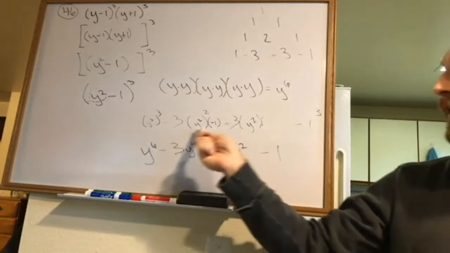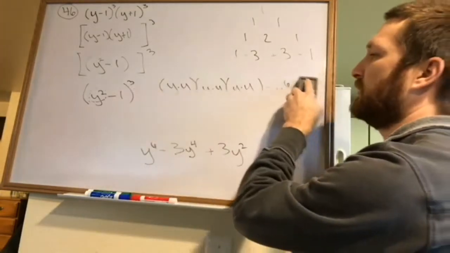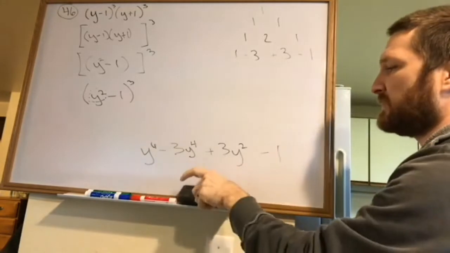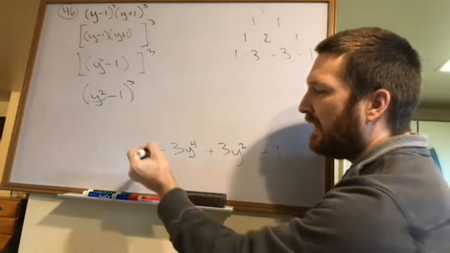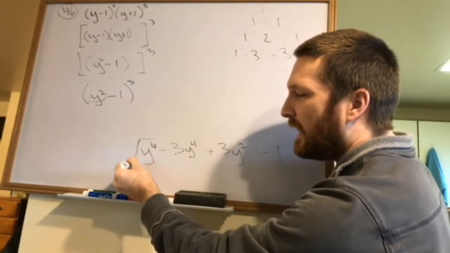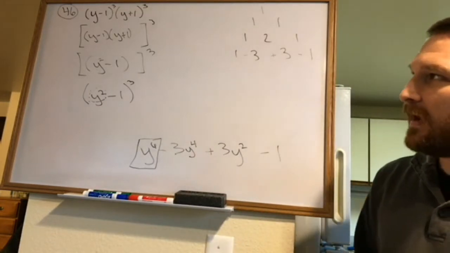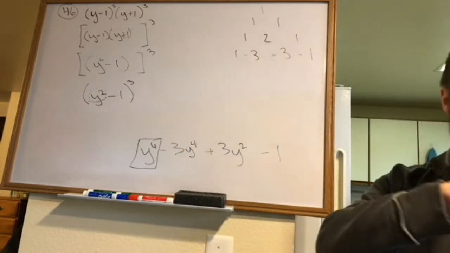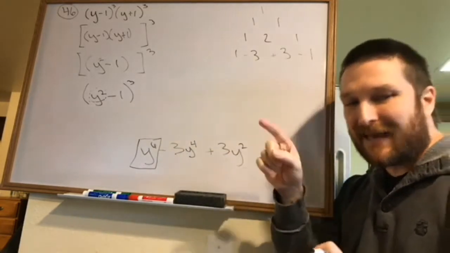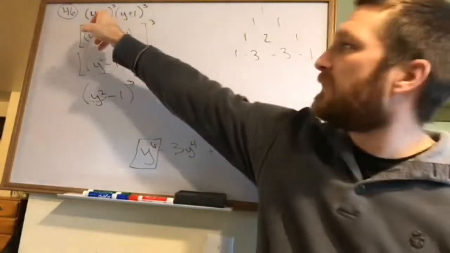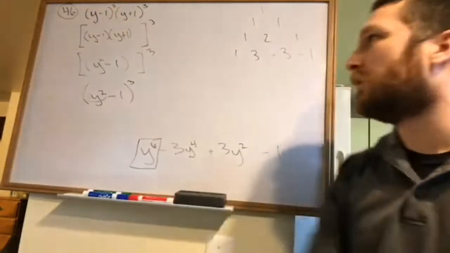That's what that is. Now, something to note. One of the things to note is that the highest power of y here is y to the 6th. Now, I could have told you that before we ever started doing any work. The way I could tell is because I know that whenever I have a binomial or any polynomial and the